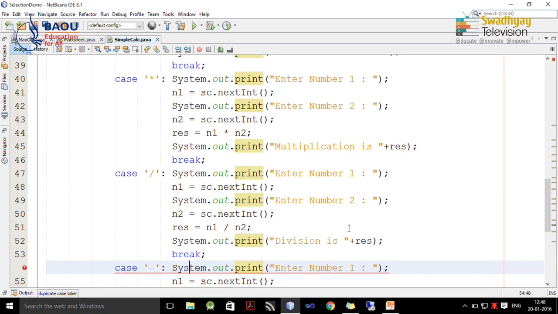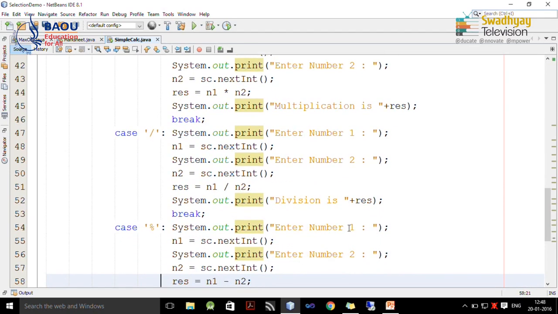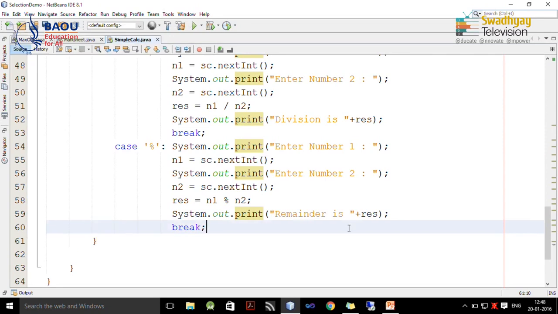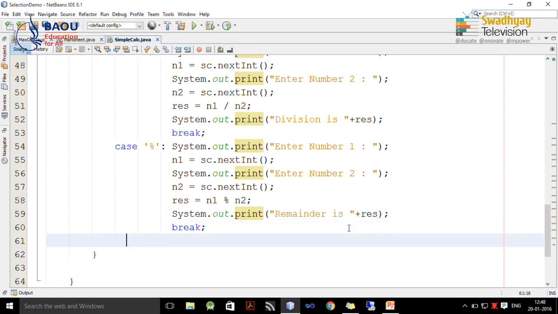And finally, we write down the case for modulo division, which is the remainder after dividing n1 by n2. So, here I write down "remainder is" whatever answer we get, and last we write down default, which is generally executed if a match is not found.